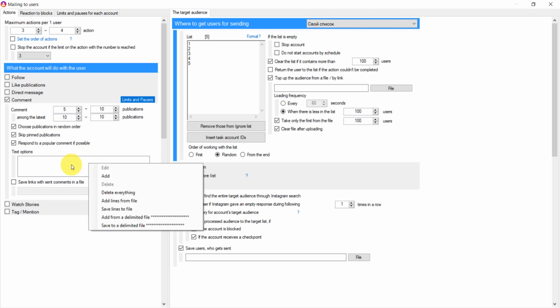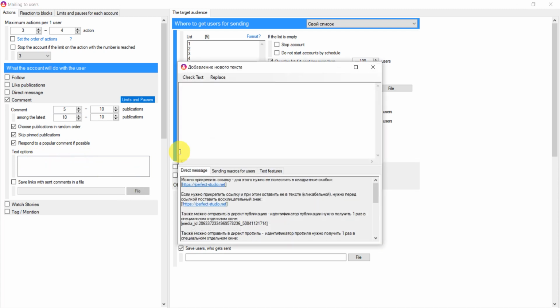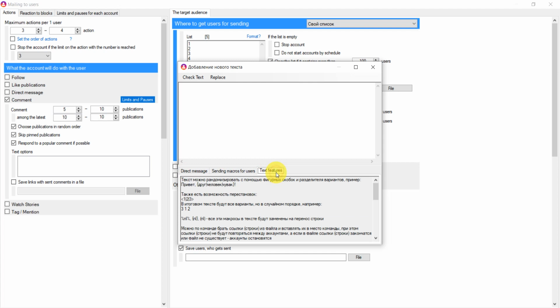You can have a text option: right mouse click, add, and you can put the text here, the same features with the text. Direct message, sending macros for users, text features. You can replace the text or check text. If you write something,